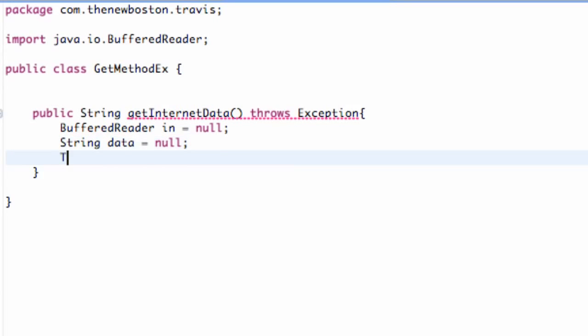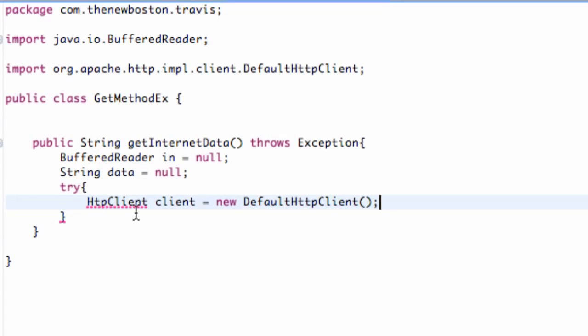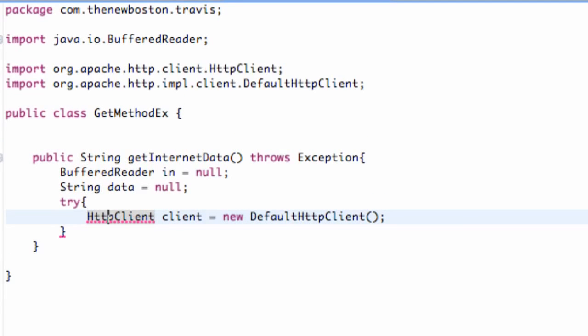And then we're going to try to connect to the HTTP client. I always wonder if I am saying that right or not. So let's set up our HTTP client, and we're going to call this just client, pretty standard. We're going to set this equal to the new default HTTP client, just the default HTTP client. And just make sure you spell that right. What this is going to allow us to do is